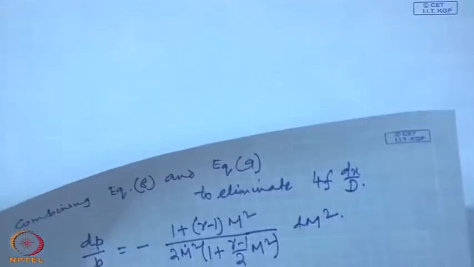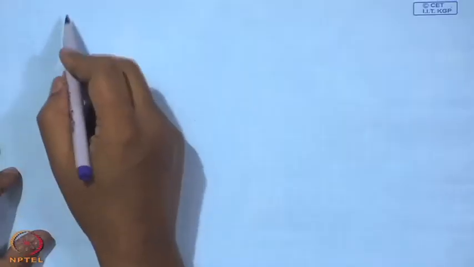Similarly, using other equations, we take 2 or 3 such equations, and from them we eliminate 4 f dx by d in favor of dm square by m square, and then integrate the obtained relation from m equal to m to infinity to unity, and we will get